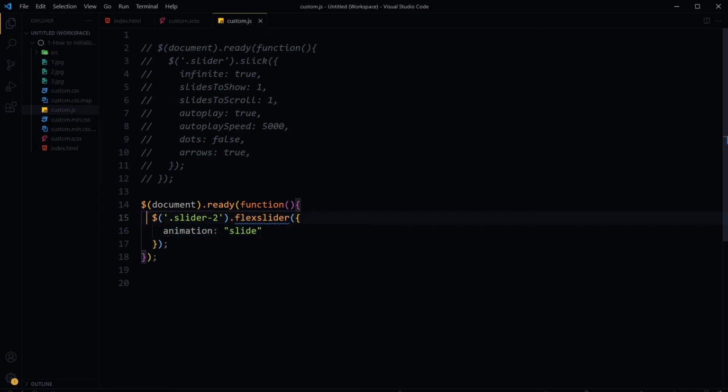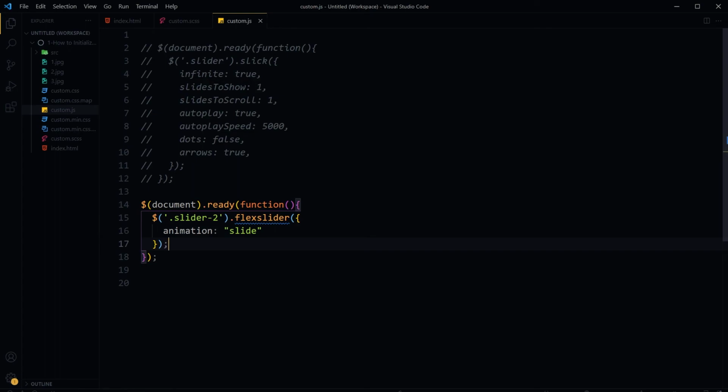This initializer is very important. Also, if a slider does not work, make sure you check the console for errors. Also, make sure that there is no conflict with other jQuery plugins. And make sure that you're using the right version for slider and not older version. Make sure jQuery version is the version that is required by the slider. These are the things that you can keep in mind to work with sliders efficiently and without wasting time.